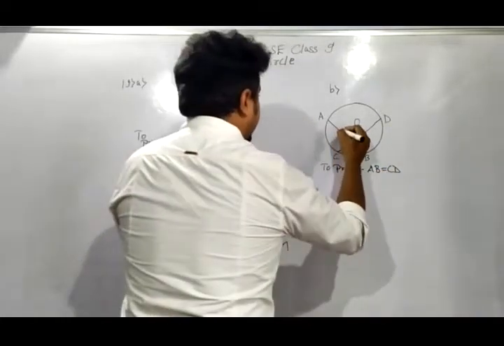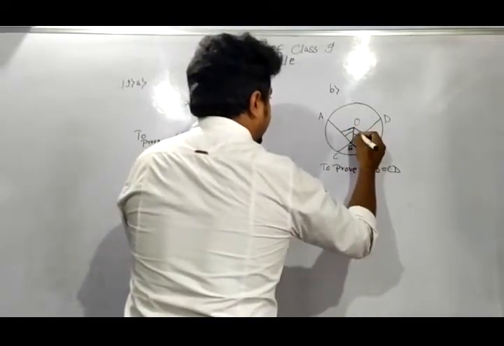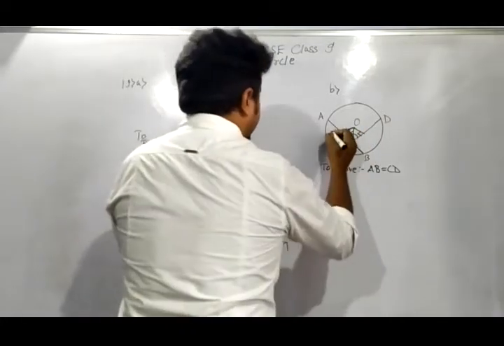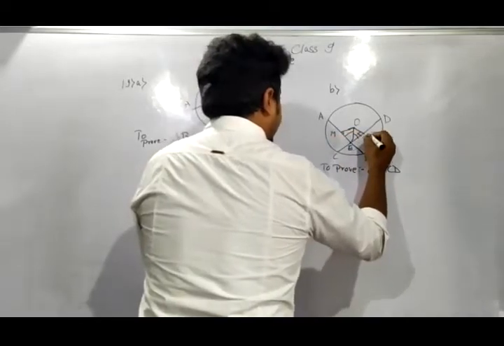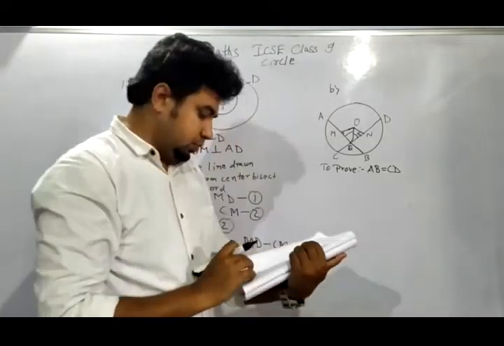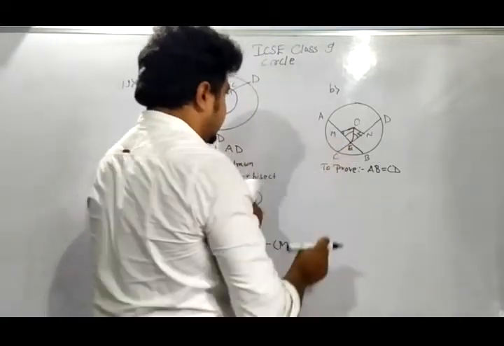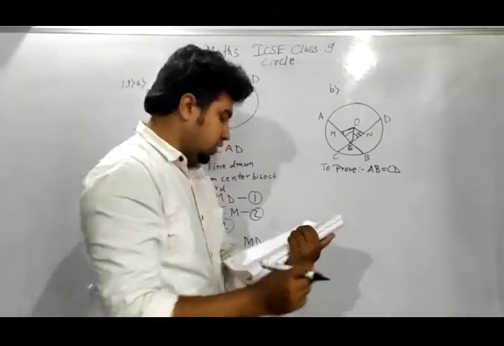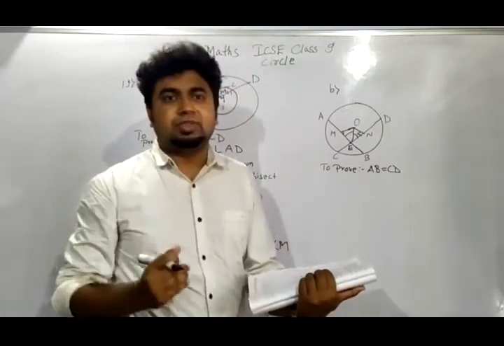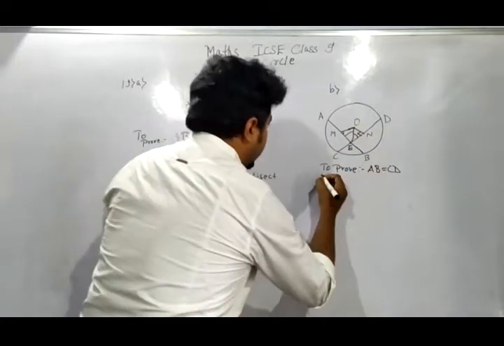Again I will draw perpendiculars here, this part and this part. This foot is M and this one is N. From here, in triangle OME, we have to prove that OM is equal to ON, means the distance from the center will be equal, means the length of the chords will be equal. That is what I am indirectly trying to prove. That's why I have drawn two perpendiculars.